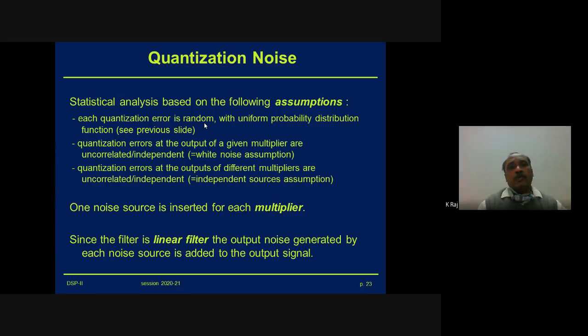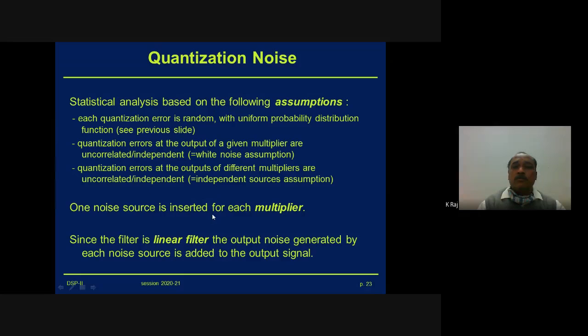So a random truncation will take place, and the quantization error will also be random. The quantization error at the output of a given multiplier will be uncorrelated and independent, and that is represented as the white noise assumption here. Quantization errors at the output of the different multipliers are uncorrelated and independent, and